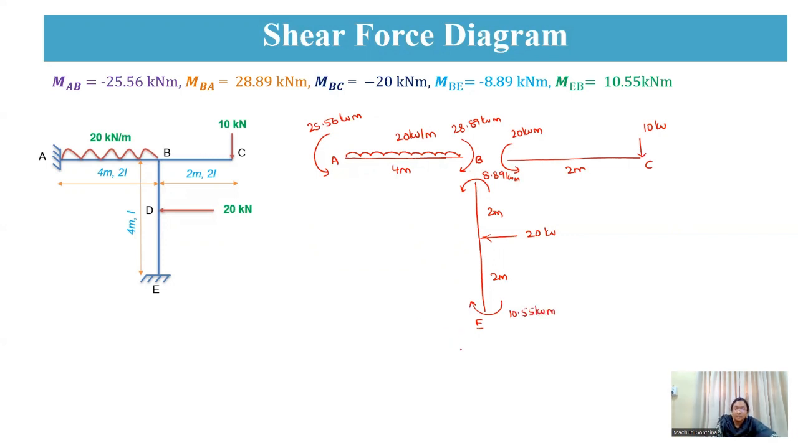So for this free body diagram, you're going to find the reactions first. So I'm making this as RA and this reaction to be RB1 and this reaction to be RB2, and now these reaction to be RB3 and this reaction to be RE. So now considering